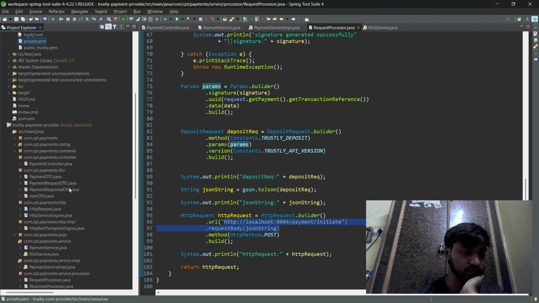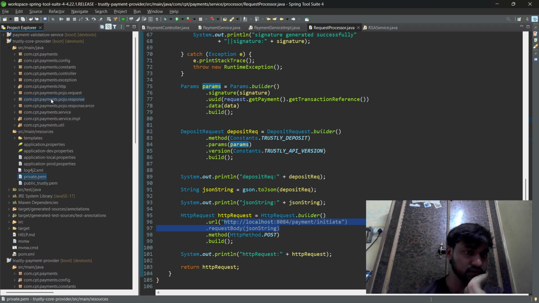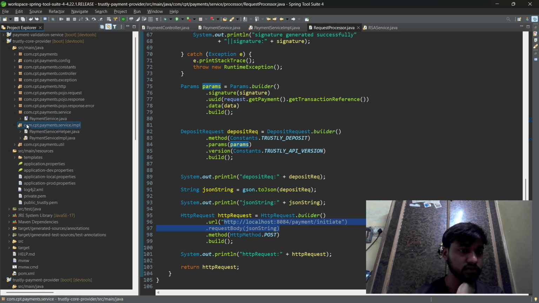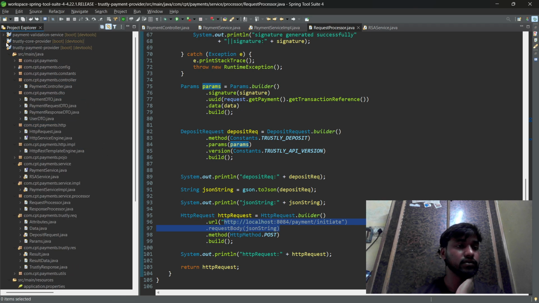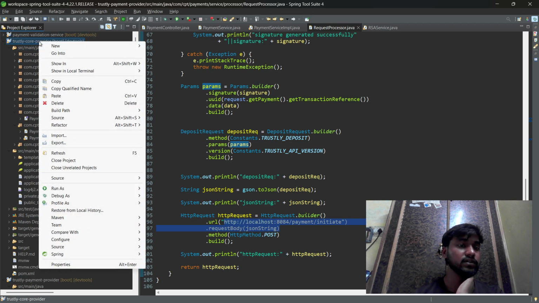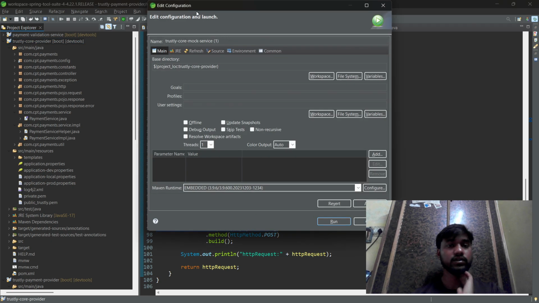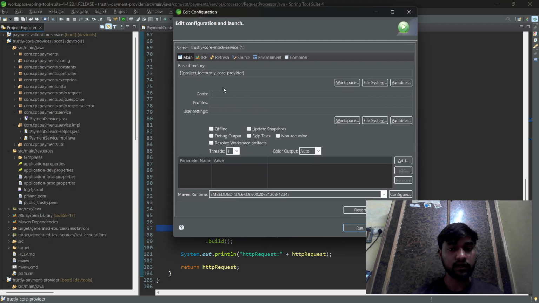In RSA service, we have this, so they will be having their own method here. So what we will be doing is first we will be running this Trustly project, which is the code provider,